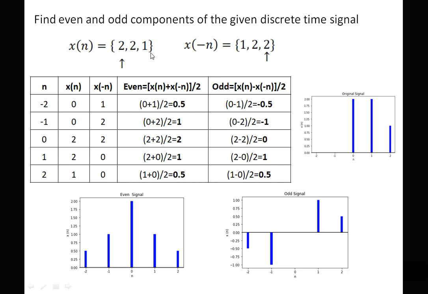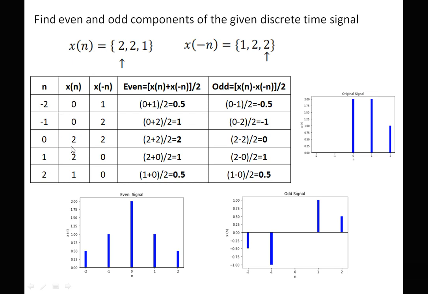Here only the positive part is present, the negative part is not present. X of n is equal to 2, 1, which indicates the signal is present from 0 to 2 location. We require to calculate x of minus n. Here 2 will remain as it is, and the 2, 1 on the positive side are shifted to the negative side. So this is 0, this is -1 and -2. As the signal is moving from 0 to 2, but we require to take the symmetric range, so we are taking the range from -2 to +2.